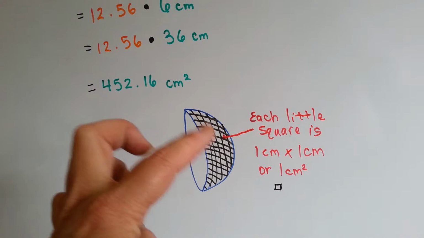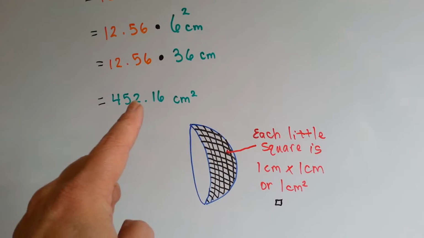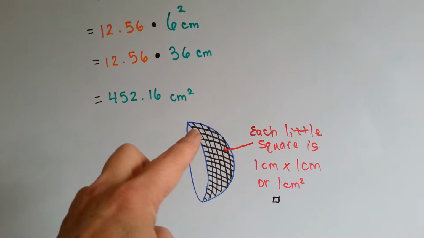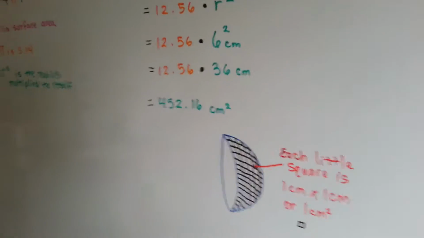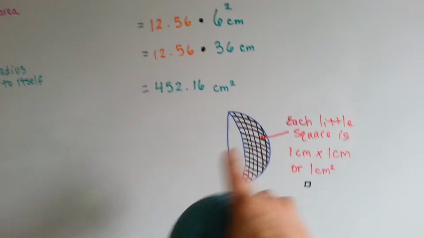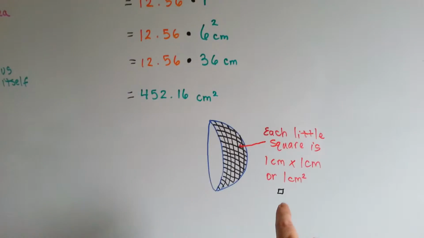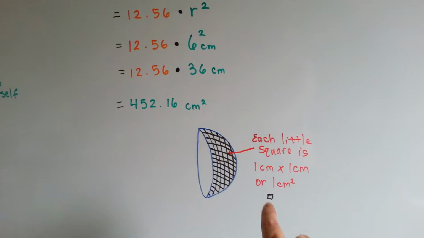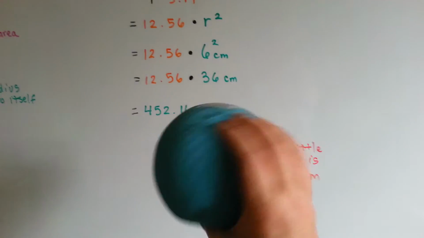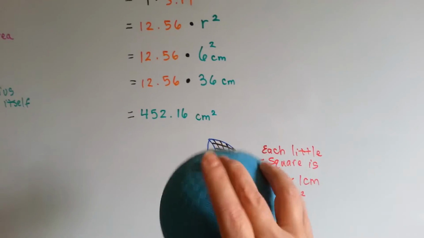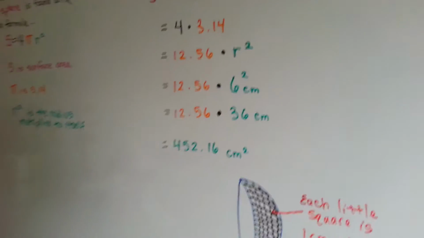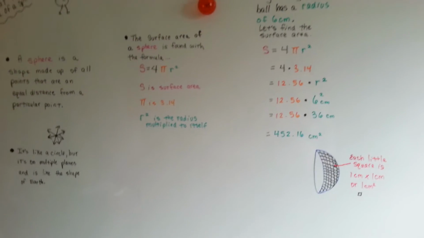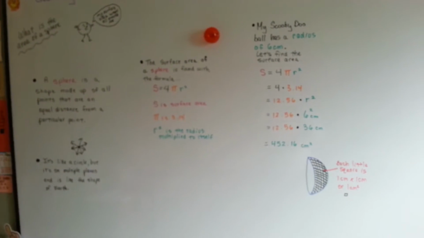the ball on the outside like this. There's 452 of these little squares going all around the outside of my Scooby-Doo ball, okay? So that's why you got to make sure that you put the centimeter squared there, because it's a square centimeter covering the ball. It's not a straight line centimeter, it's a square centimeter. So you got to make sure you put that there. Does that make sense? You wouldn't think that that tiny little Scooby-Doo ball would have 452.16 square centimeters all over